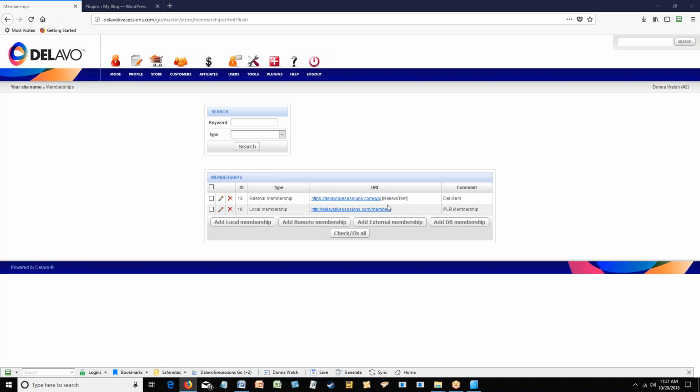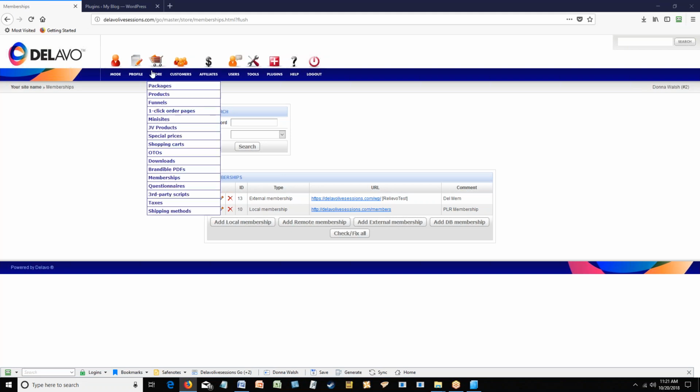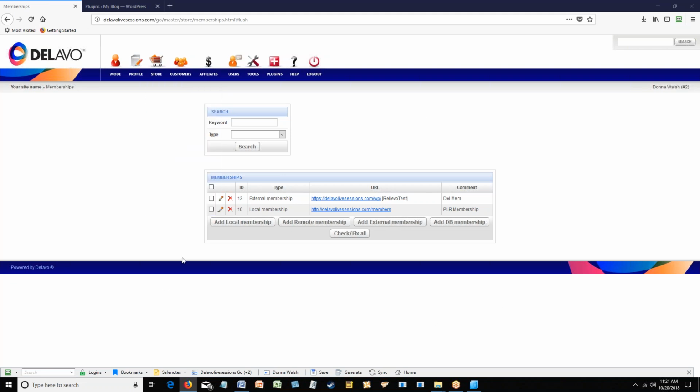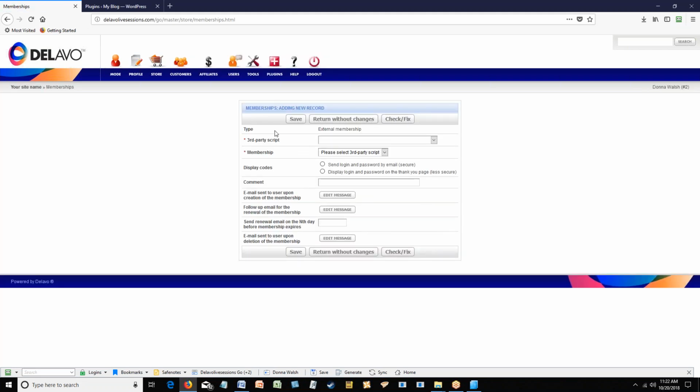Okay. So you want to set up an external membership. You go to Store, Memberships, and you've got choices of 4 memberships. But in this case, this is an external membership because it's on a WordPress blog. So it's external. Even though I've set this up inside DELivo, WordPress is external. So you need to set up an external membership. So just click on Add External Membership, and